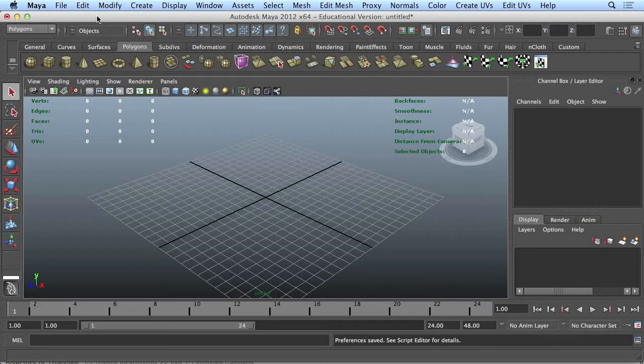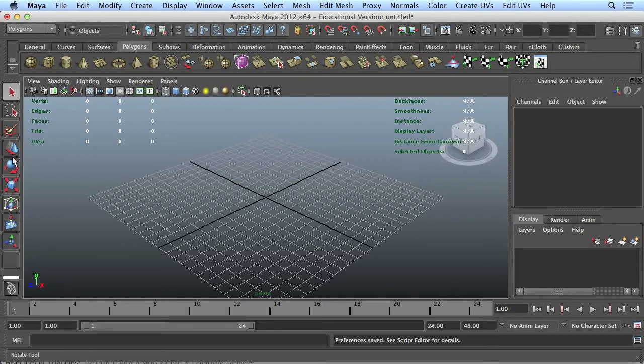Now that we have Maya set the way we want it, let me show you around Maya a little bit. I'm not going to show you everything. There are just hundreds and hundreds of little menus and places, but I'm going to start by showing you this guy right here. This is the toolbox. The toolbox allows us to use the select tool, the lasso select, the move tool, the rotate tool, and the scale tool. Those four tools, mainly just select, move, rotate, and scale, are the ones that we're going to use